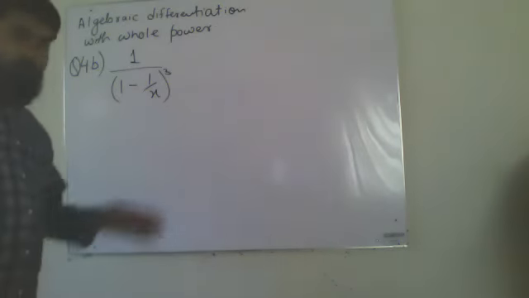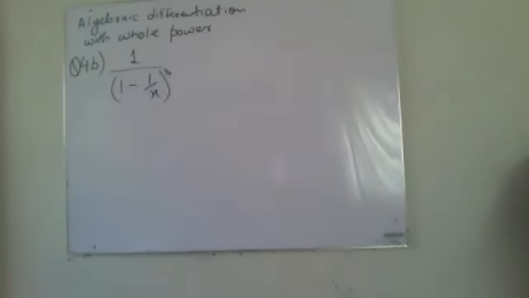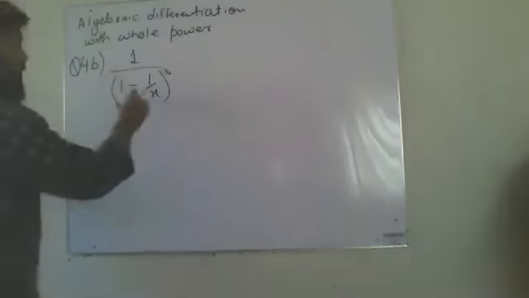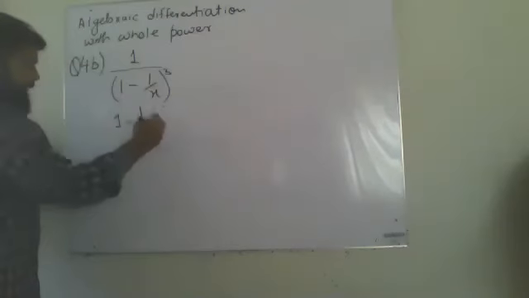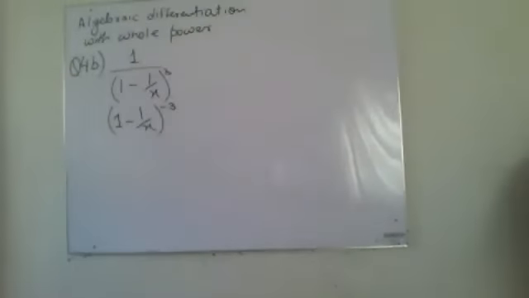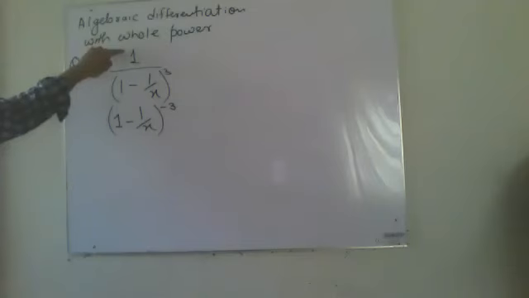Now, whenever we are differentiating, till this point we haven't solved any differentiation of a fraction. So what I have to do, I have to remove my fraction from there, and I have to shift it upward. So 1 minus 1 over x whole power minus 3. Okay. My step is clear. What I have done, I have taken my denominator and I have shifted it in numerator.